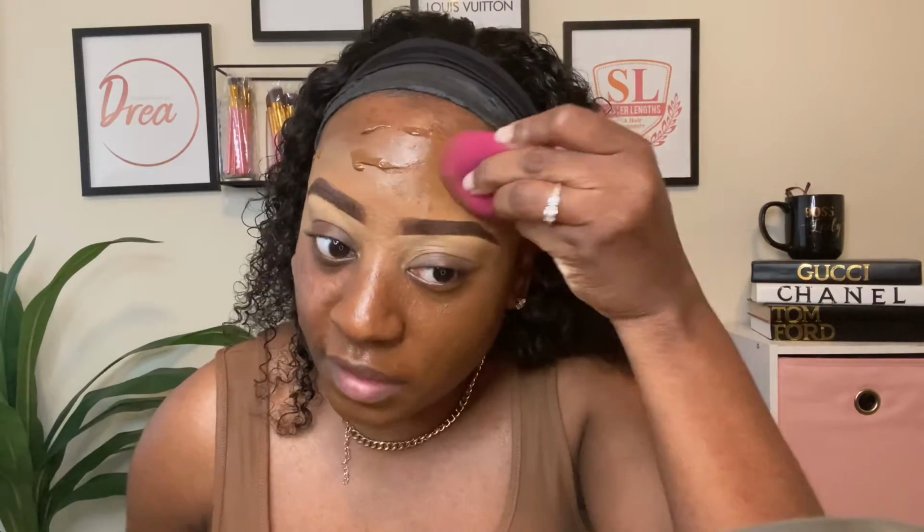Though they said it's buildable, to me, I'm getting full coverage, but very much lightweight at the same time, which is so weird. It's a little bit dewy right now, but let's see how this dries down, because first impression,